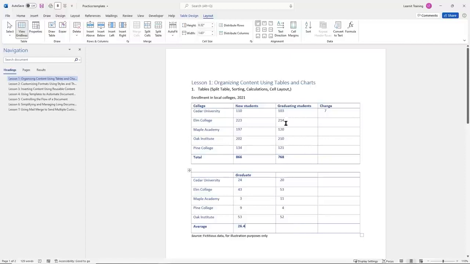So the next thing we want to do is just talk about the cell layout. Okay. And we're still on our layout tab here. If I want to, I can go ahead and split these cells. So if I want to split this cell into two, maybe our team does not have this 100% correct. Maybe they think it's 110 and not 103. So we can split this cell into two,